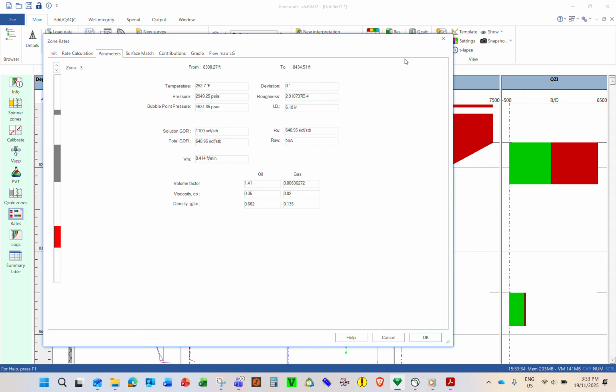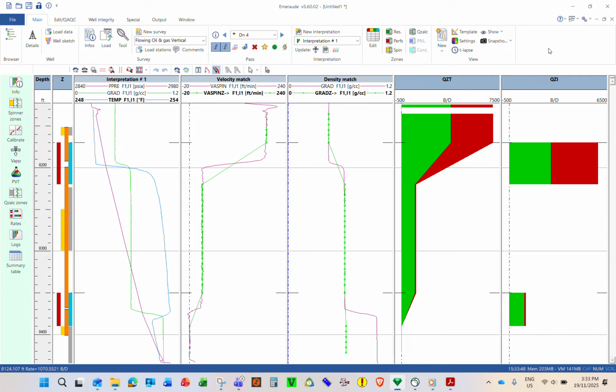What happens if we put a constant? We have the shut-in oil density and shut-in gas density, so the composition will be different. So for the second one, I can make a second interpretation.